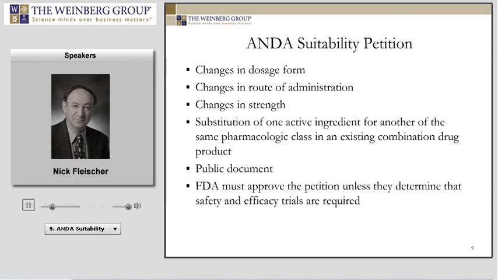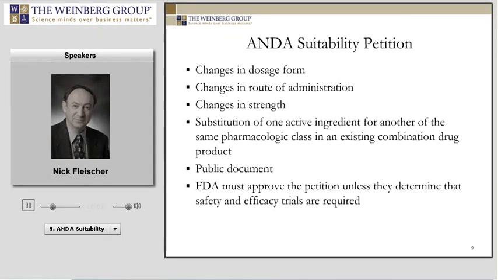This is interesting to note because if somebody is actually considering the option of whether going down the ANDA route versus the 505(b)(2) NDA route, and there is this concern of what the FDA would require, if the product is something that potentially could be approved through a bioequivalence trial, but one is certainly not 100% sure that FDA may not require clinical trials, you can file a petition.